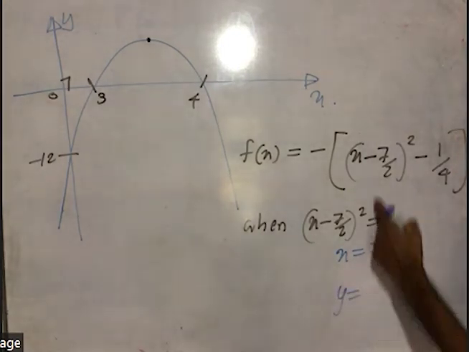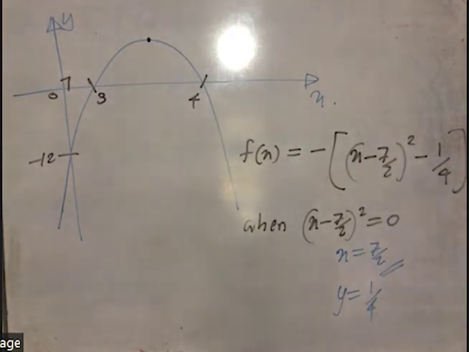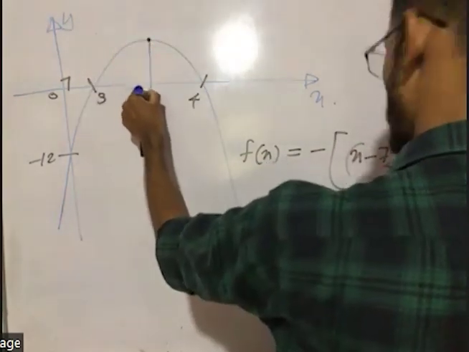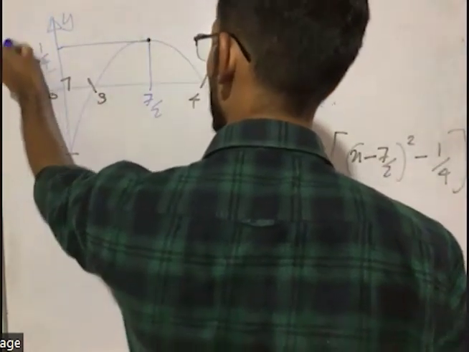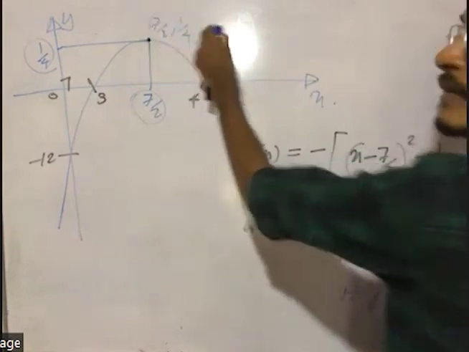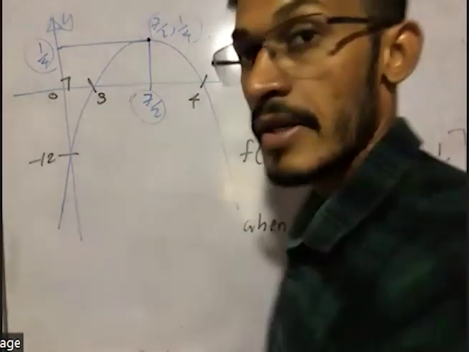Then y equal, if you plug 7/2 here, this is 0, then y equals 1/4. So this is the maximum point. Here we have x value 7/2, y value 1/4. That is the maximum value, right? Okay, right. So then